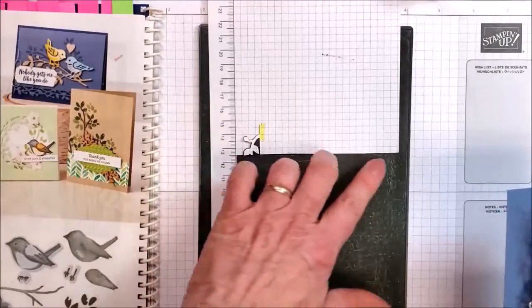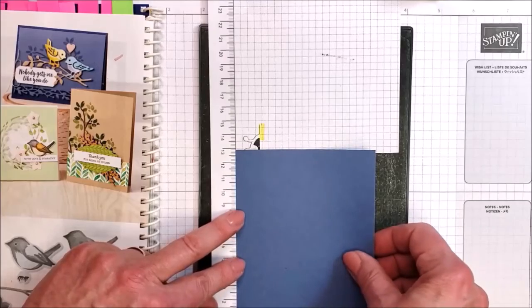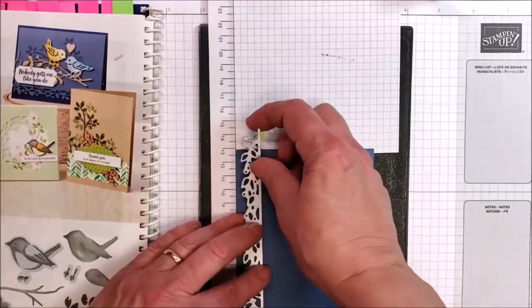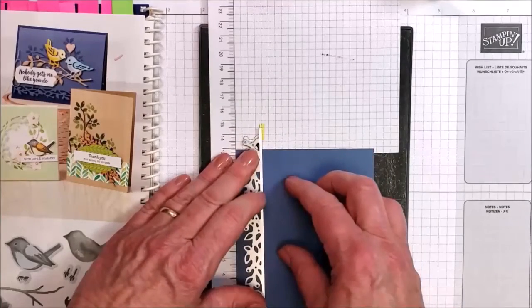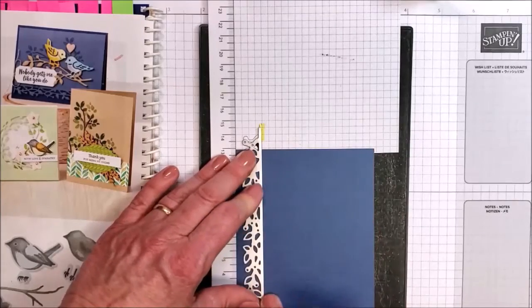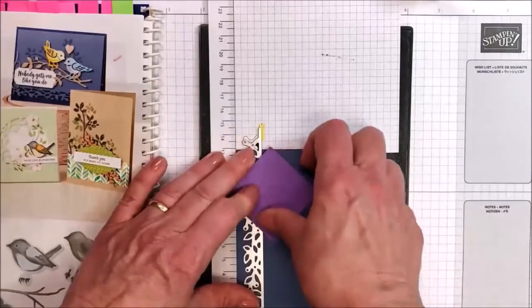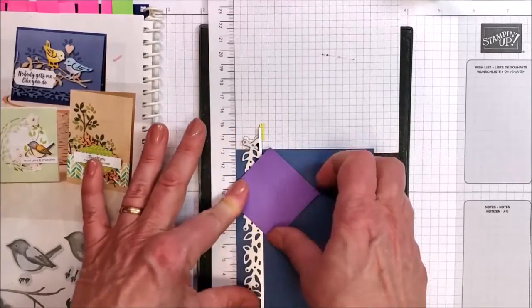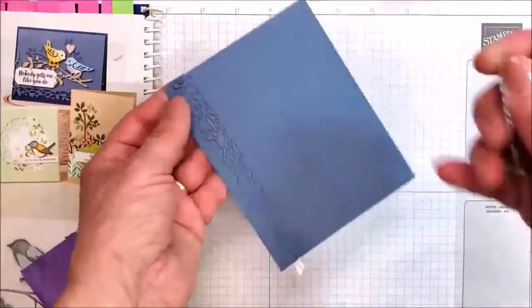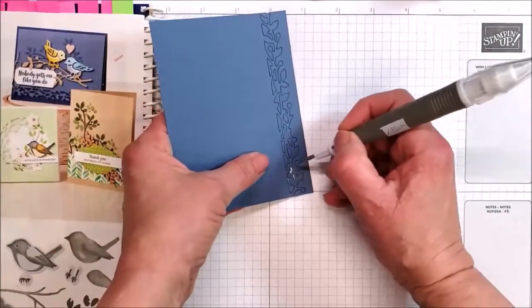I took a piece of our grid paper, cut myself a hole, so now I can line up the edges of the blue card along the edge of the hole, and then I can go ahead and lay this right on the lines to make sure that now it's going to be parallel before I cut. And then I can come in with my Post-it notes and hold it in position so it won't pivot when it's in the machine. So yours will come out of the bag probably looking like that. And then it's just a matter of punching off the...